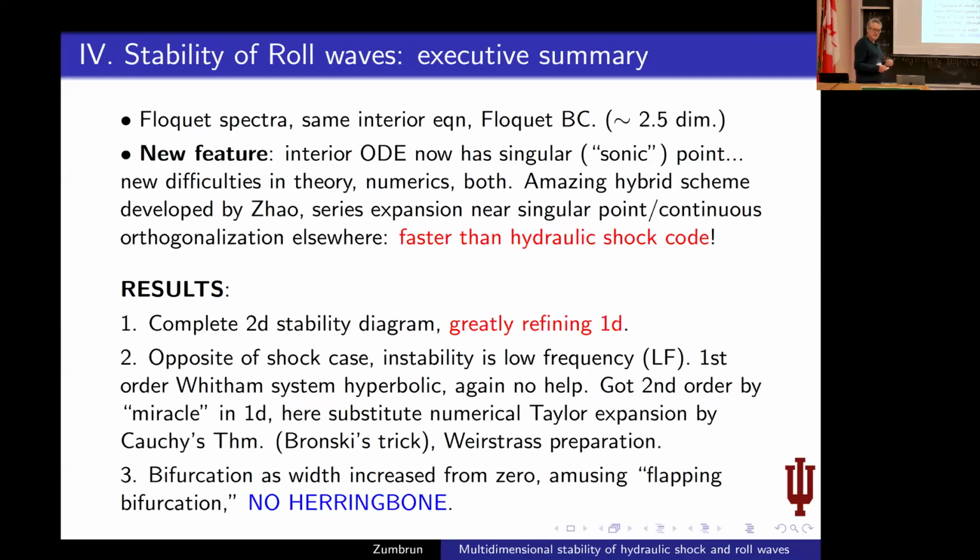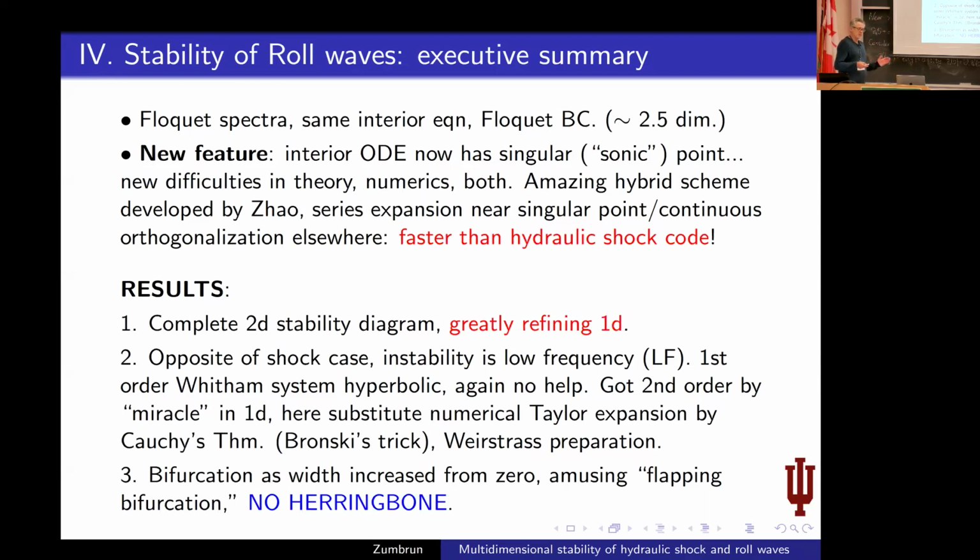And now, in the shock case, instability was essential. It was at high frequencies and an essential spectrum type. Here, there are instabilities, of course, because in 1D, there were already instabilities sometimes. Here, there are more instabilities, but it's of low frequency type. The first order rhythm is, again, hyperbolic, no help. We got second order by this miraculous degeneracy in 1D explicitly. We don't get explicitly in 2D, but we can numerically find it with care. And we see a bifurcation